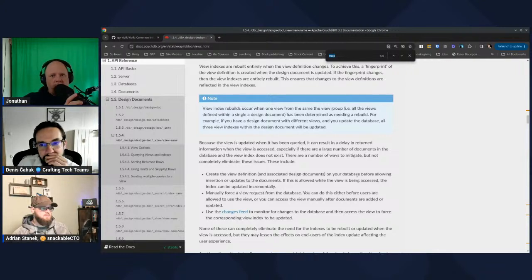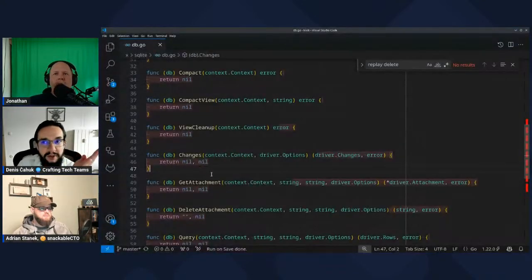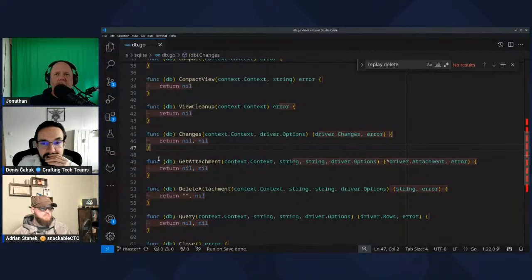So that's something I want to do. I haven't done it for any of my backends yet, but I don't think it's an hour and a half project, which is about what we have left. Fair. Something we could probably do in an hour and a half is implement get attachment or delete attachment. Sure, let's do that. Let's build some confidence. It's not super exciting, but I think it'll give us a good introduction to what the project does.